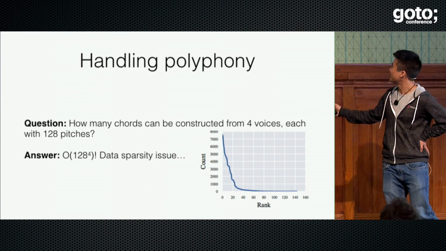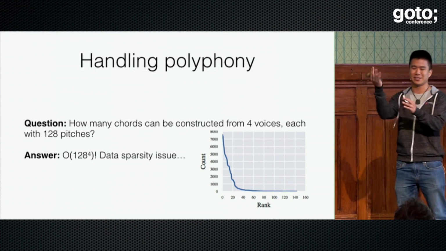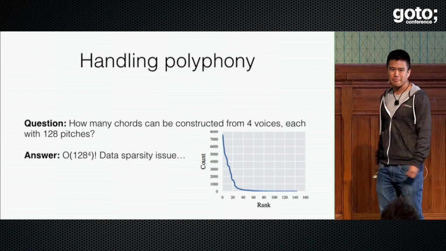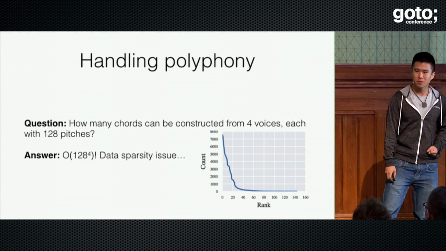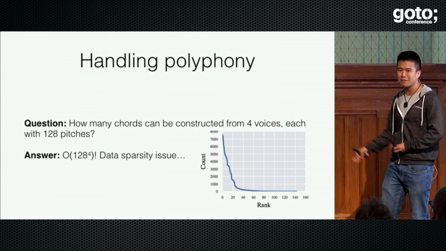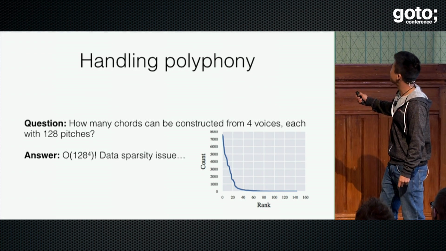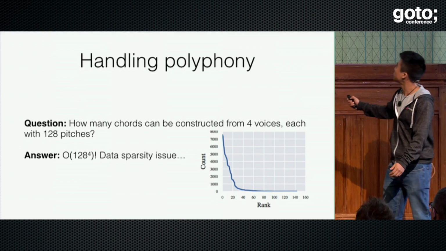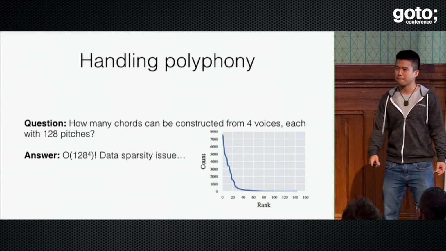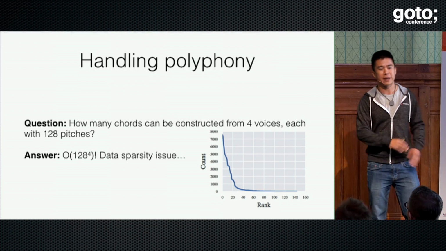Very good, yes, 128 to the power of 4. That's correct. I put a big O because you can rearrange the ordering, but more or less, that's correct. And why is this a problem? Well, this is a problem because most of these chords are actually never seen, especially after you transpose to C major, A minor. In fact, looking at the data set, we can see that just the first 20 notes occupy almost 90% of the entire data set. So if we were to represent all of these, we would have a ton of symbols in our vocabulary which we had never seen before.